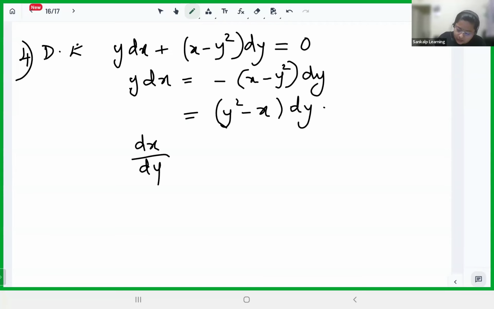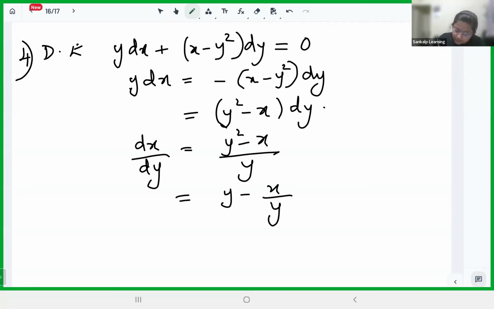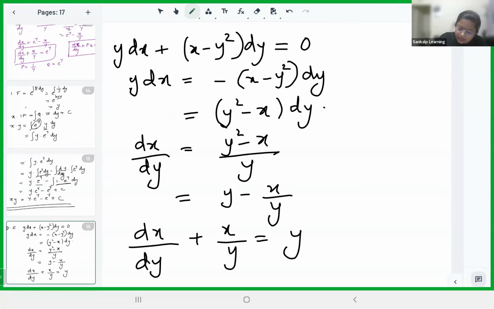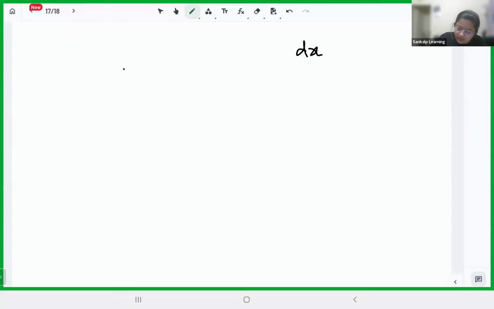dx/dy = y² − x/y, so that is y − x/y, isn't it? If you rearrange this, you get dx/dy + x/y = y. Alright, and if you compare it with the equation dx/dy + p·x = q, you get: